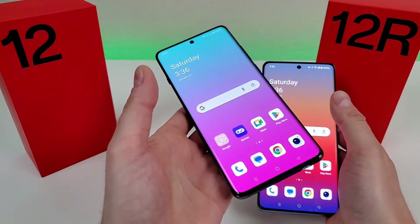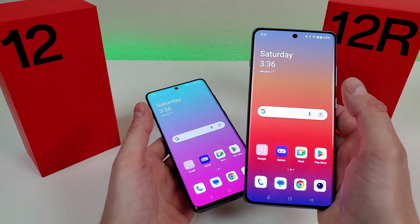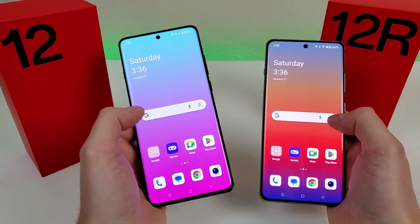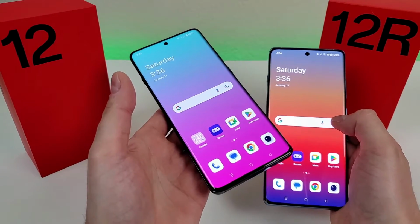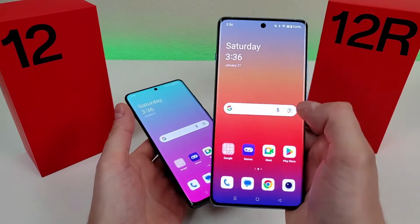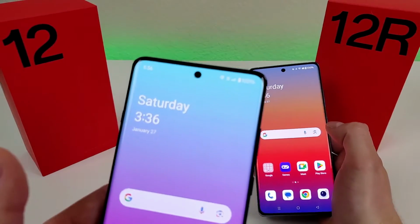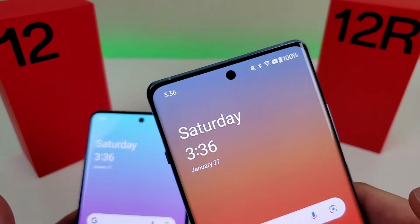So with the OnePlus 12, we're getting a PPI of 510 compared to a PPI of 450 with the 12R. And then both phones do feature 19.8:9 aspect ratios. And then with the 12, we're getting a 91.3% screen-to-body ratio versus a 90.9% screen-to-body ratio with the 12R. And then with the 12, we're getting 32 megapixels for the front-facing camera compared to 16 megapixels for the front-facing